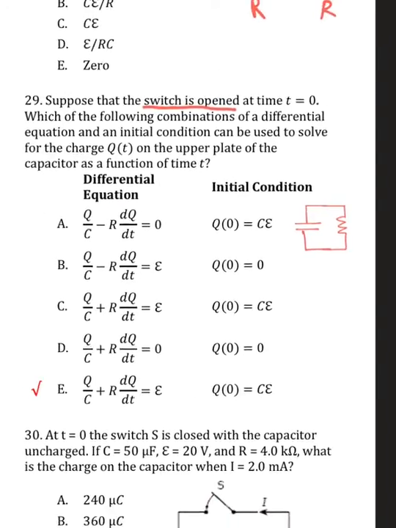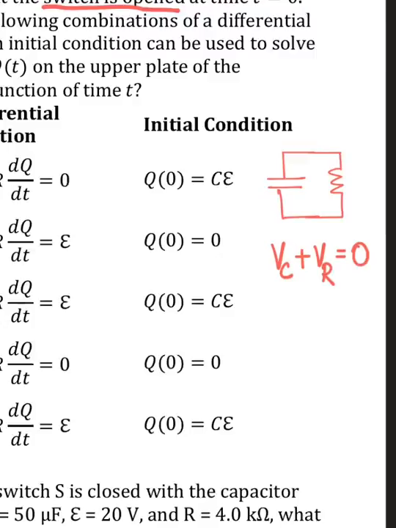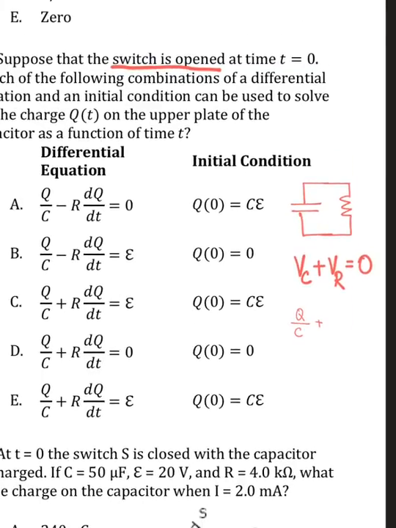circuit. So the circuit will have the voltage of capacitor plus the voltage across resistance, and these two should be equal to 0. And of the options which we have got, we are going to choose, so let me just quickly explain you before we choose. So voltage for a capacitor is written as Q for capacitor over the capacitance itself, plus we are going to have